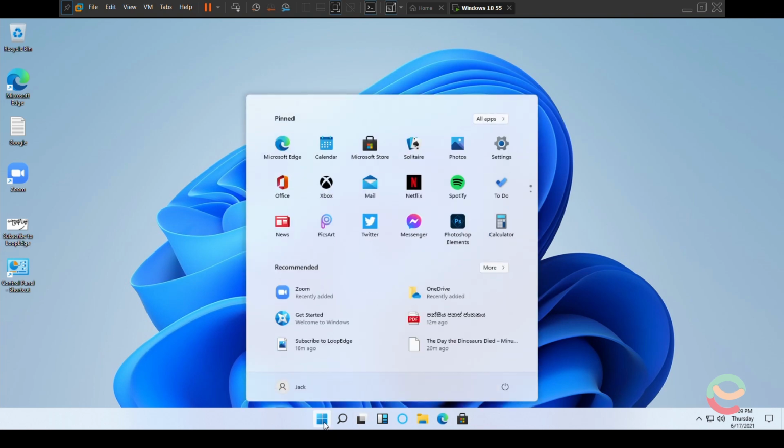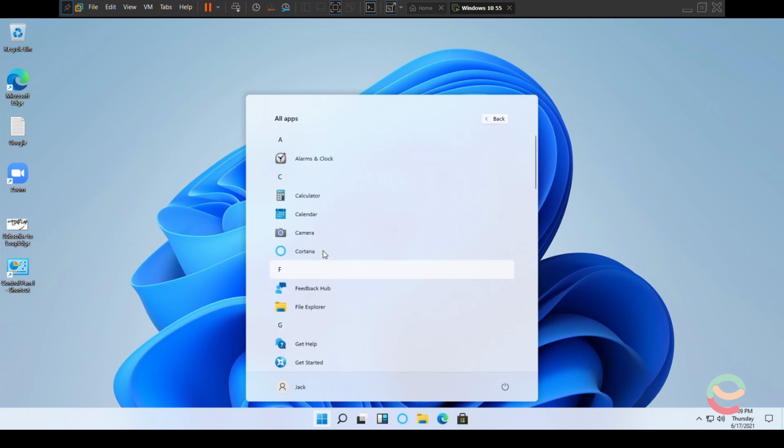Okay, so let's see what is new for this. Right here we have the pin section. Pin section is kind of like the desktop. You could pin those icons right here and you could move them, and also we don't have live tiles. What's wrong with Windows? Stop deleting live tiles. And I also need to state that this is not a complete version of Windows. This is just half done, so I hope they will do that in the future.